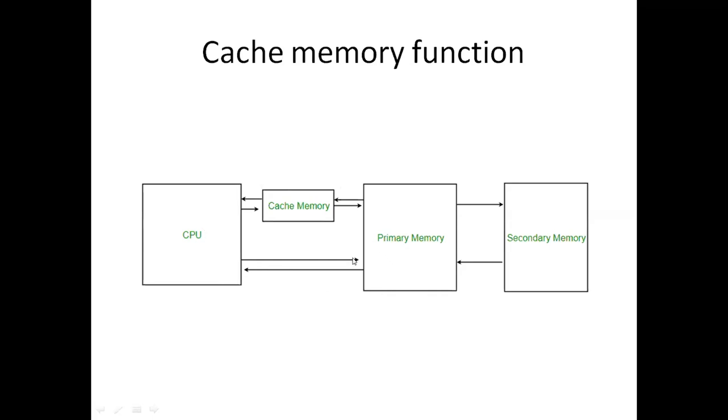Because if I deleted that file, next time it will not go to the primary memory. It will go to the cache memory because its copy is there. It will directly access it from here, so it will save time. This is how primary memory and secondary memory are concerned.